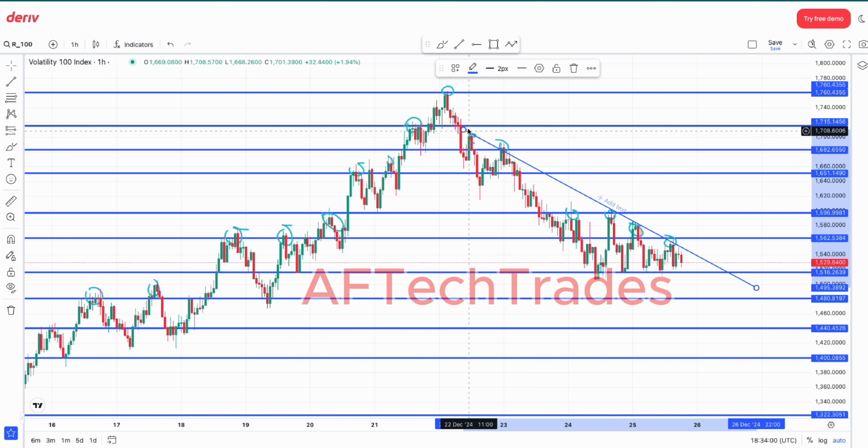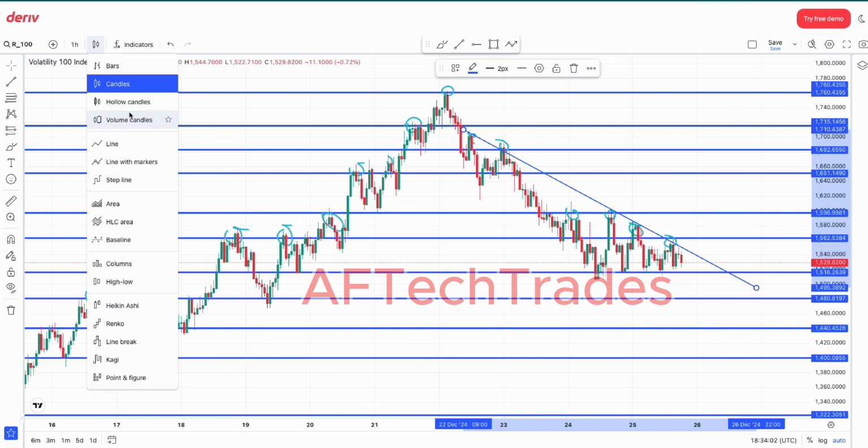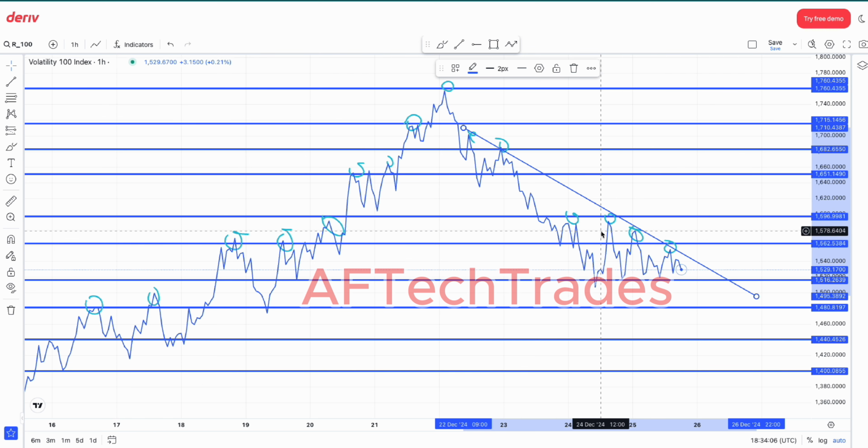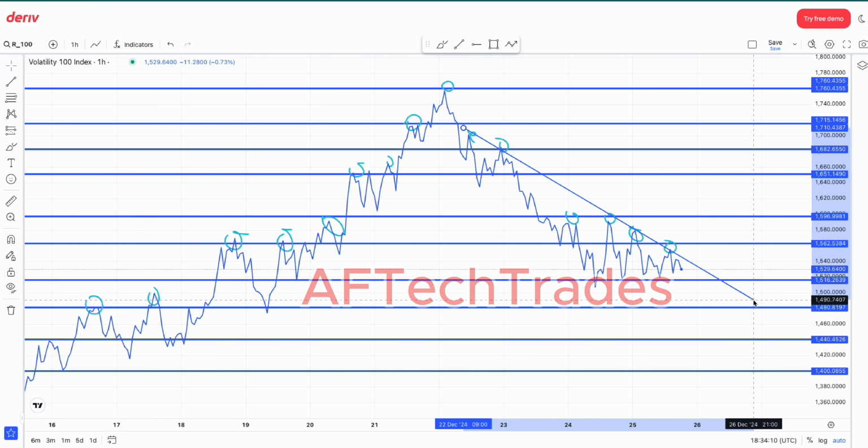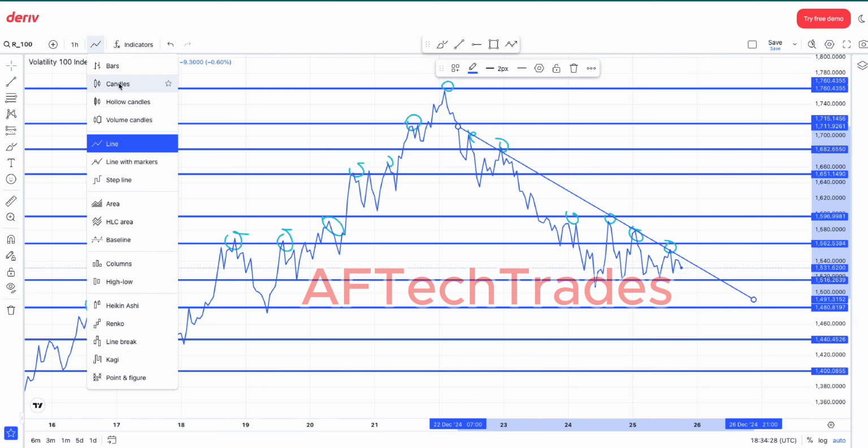You can actually also change it to a line. We're on candles. You can change it to line also to see more for yourself, to actually perfect your trend line. If you want, you can just change it to line to perfect your trend line, right? Okay, so here we have almost more than 4 touches. So aside that, if you feel like, you can also leave it on the